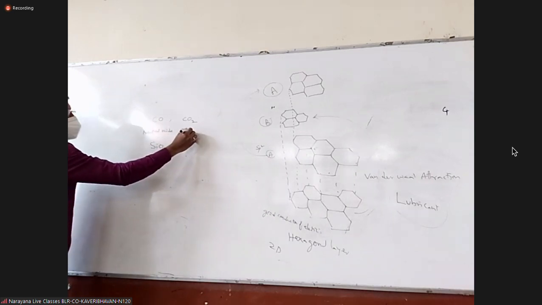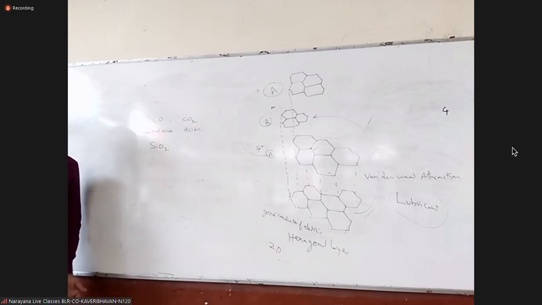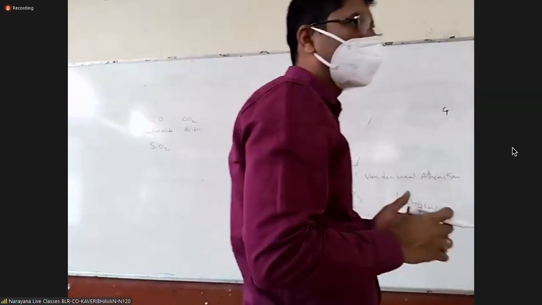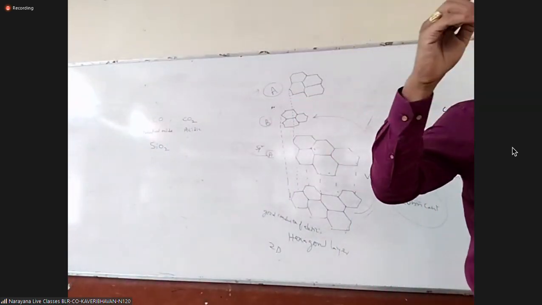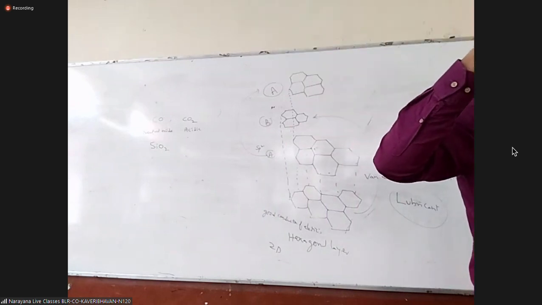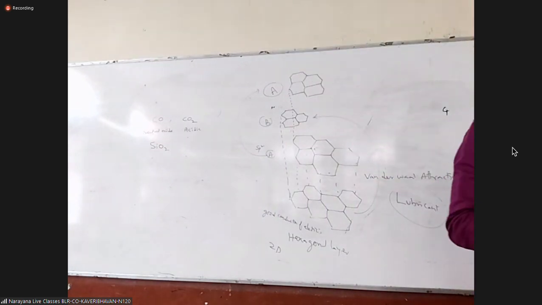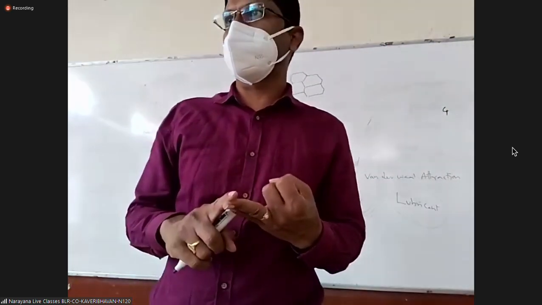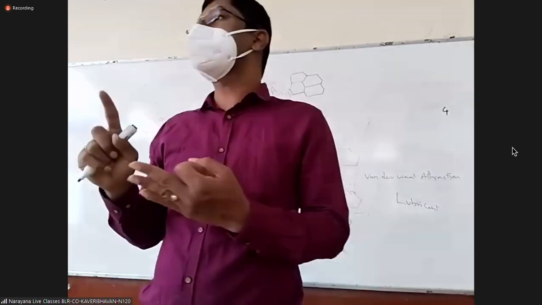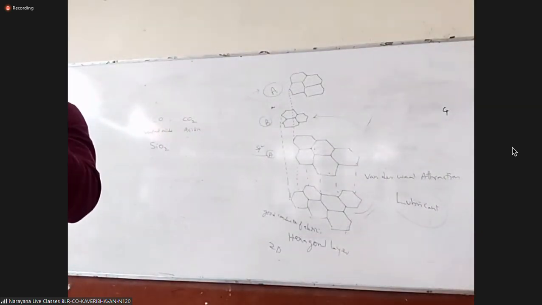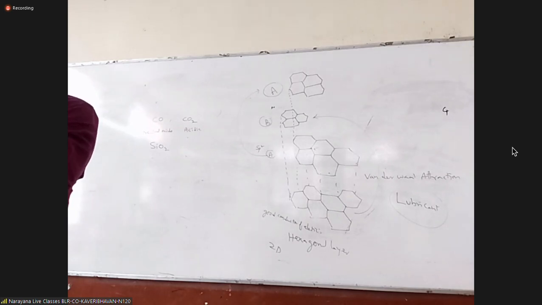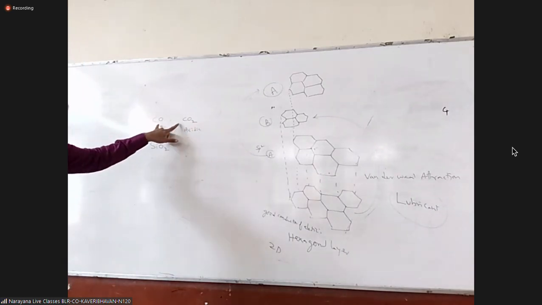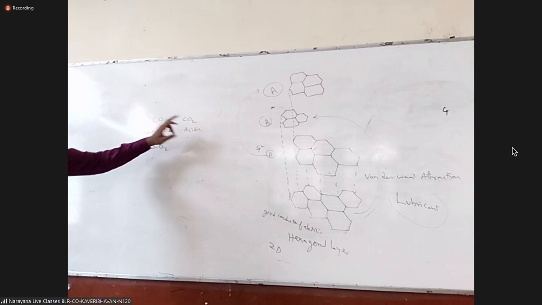Whereas CO2 is an acidic oxide. How will you know whether the given oxide is acidic or not? By the number of oxygens. If more oxygens are there, it will be relatively more acidic. Yesterday we wrote the formula: acidic strength is directly proportional to the number of oxygen atoms and the oxidation state, and inversely proportional to the number of hydrogens. When I compare here, O is 1, here 2, and this is plus 2.